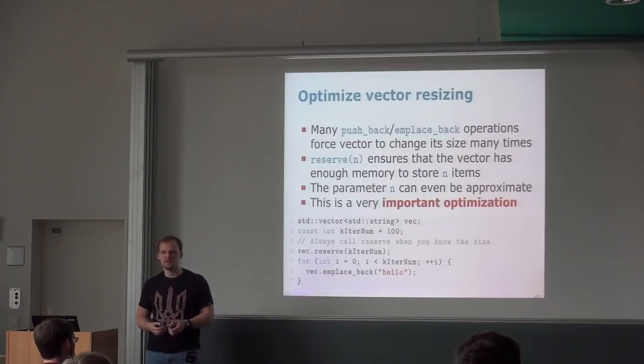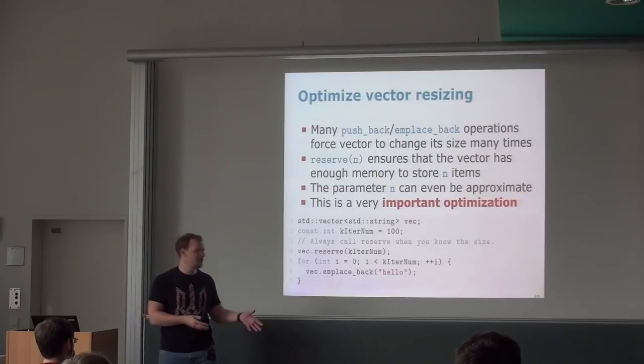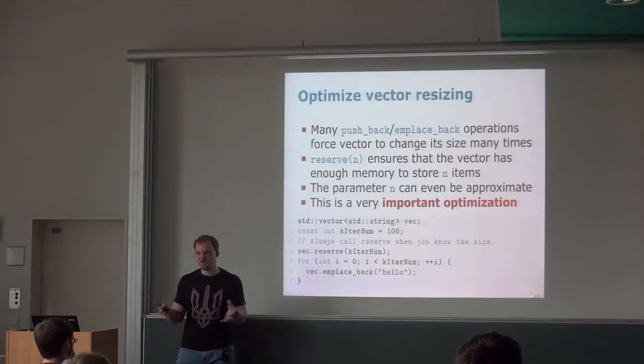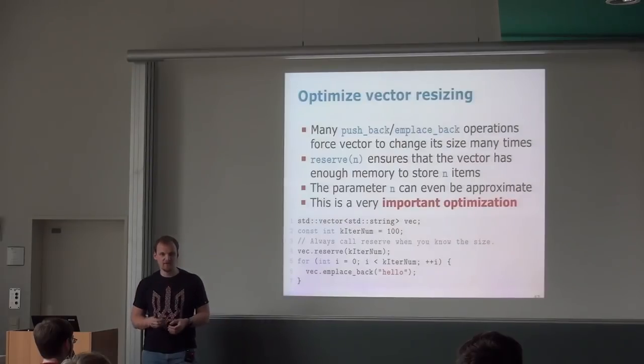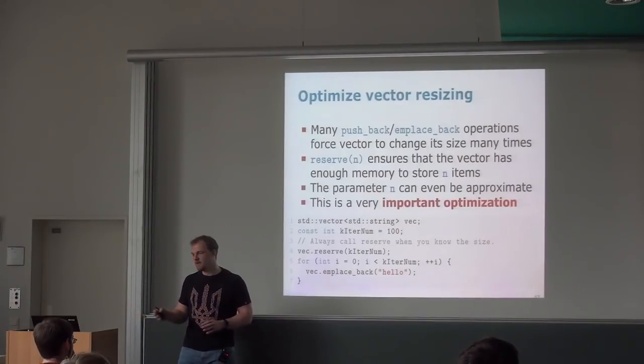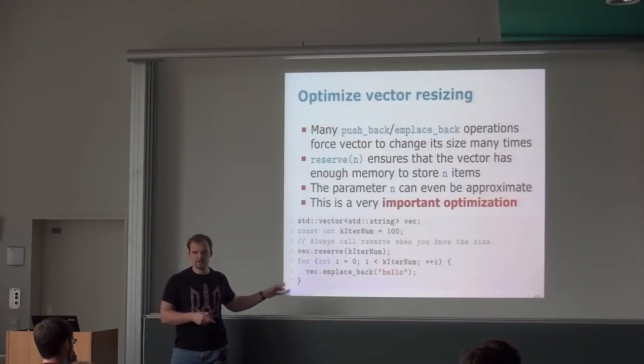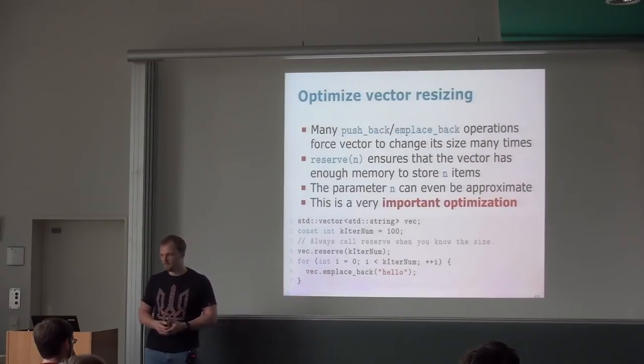So if you really want to make something fast and you know approximately the size, like how many elements you will be adding to a vector, use reserve. Reserve ensures that your vector will be able to hold as many elements as you need. It doesn't change the size of the vector. It just says that if you do this many push_backs, it will not reallocate memory. That's it. It doesn't cost you anything to add one line. If you don't do it, the whole code still works, but it will be slower.